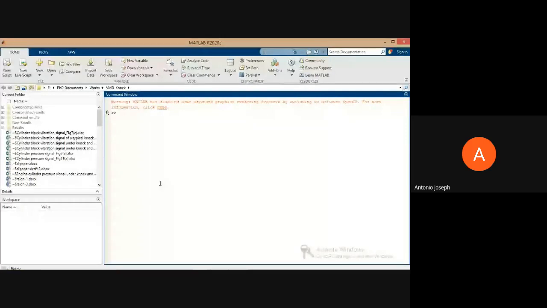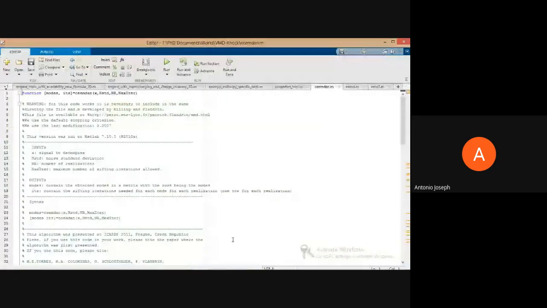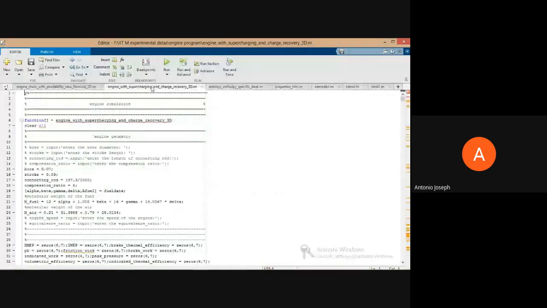So these are some of the programs that we have already created. If you want to create some functions, it's better to go for an editor, and we can create functions with a function name and all. I'm not going into detail, just showing that there's an option for that.